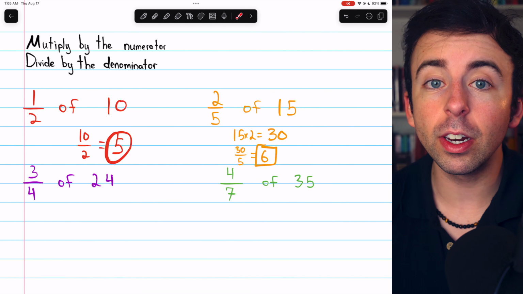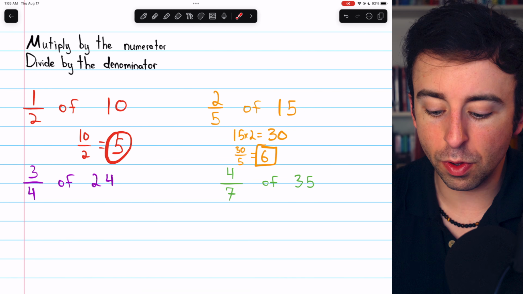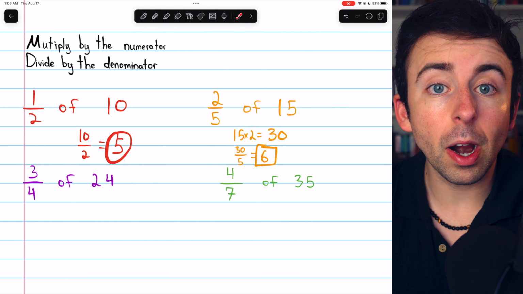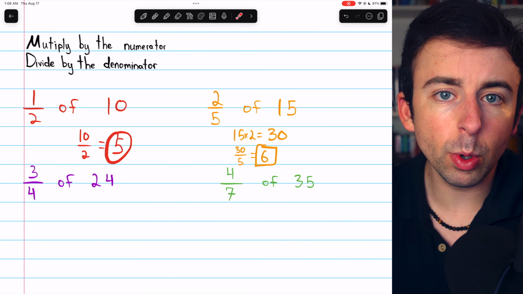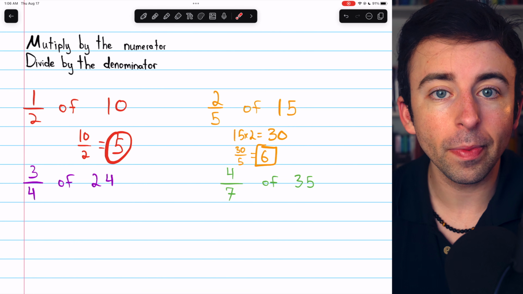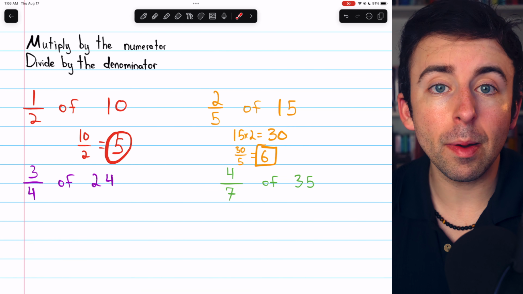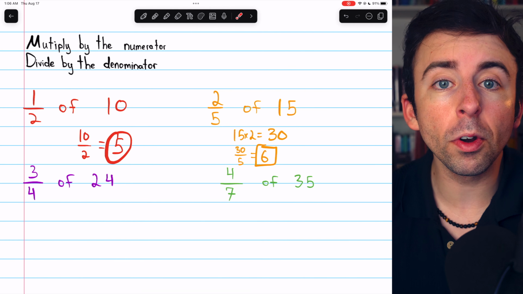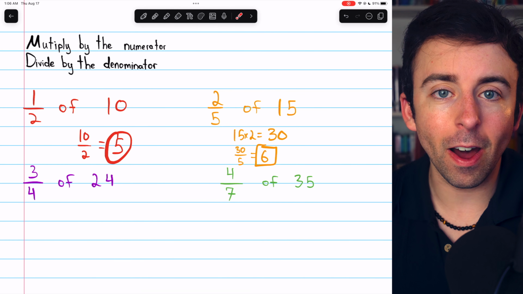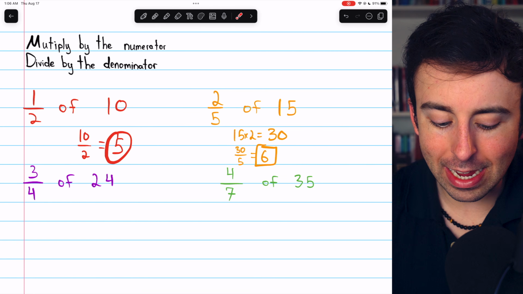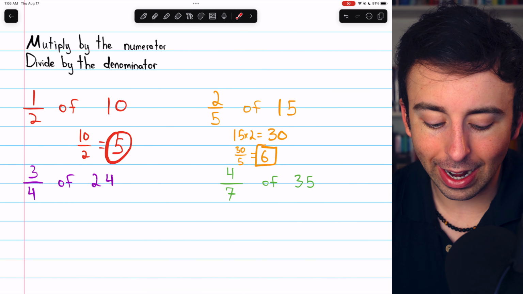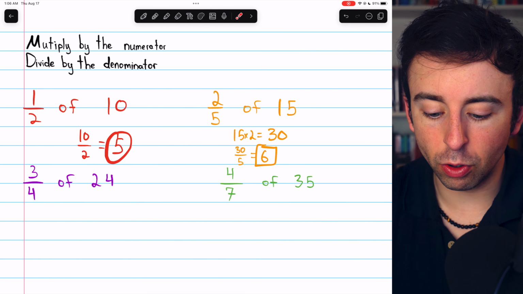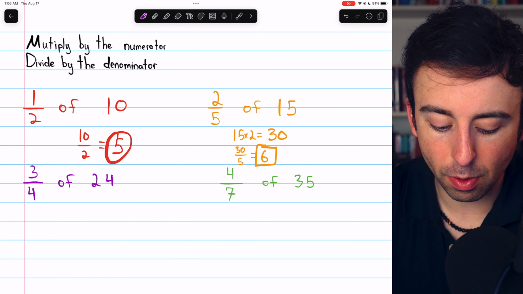To take a fraction of a whole number, you just have to do 2 things: multiply by the numerator, divide by the denominator. Perhaps you want to try this one yourself: 3/4 of 24. To do this, again, you've got to multiply by the numerator and divide by the denominator. However, it's important to know that the order you do these steps in does not matter. So it might be easier in this case, instead of multiplying 24 by 3, which gets us to a pretty big number,